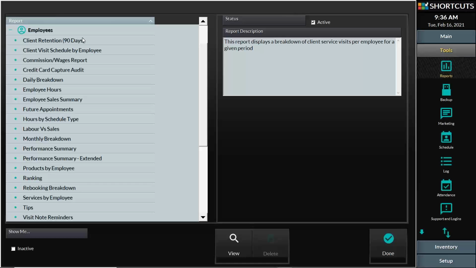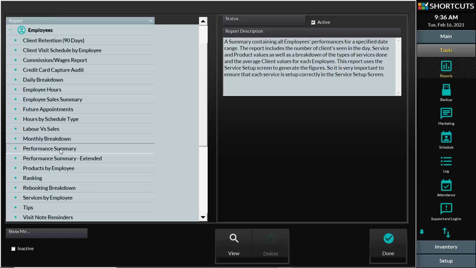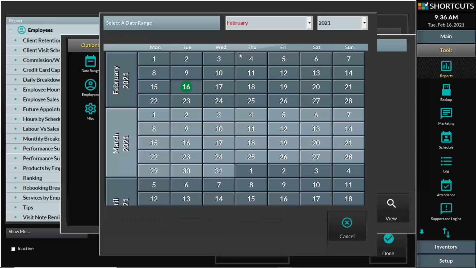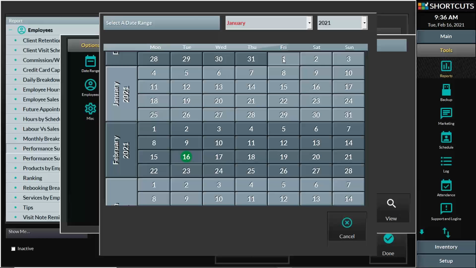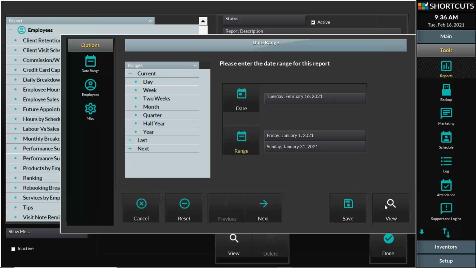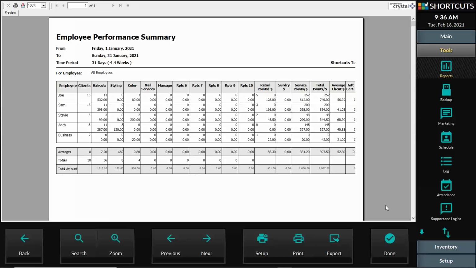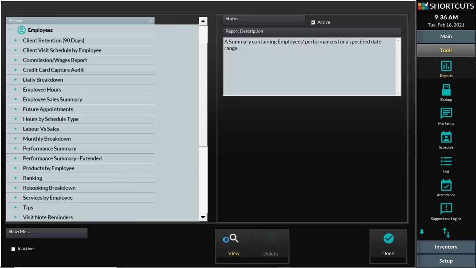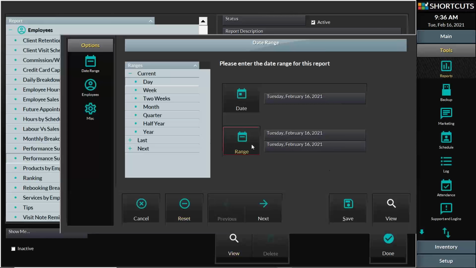Under the employee category, again, I have a performance summary, and I'll show you the difference between the two screens. The standard performance summary, I'll run it for the past month. So Shortcuts will give me a simple one-page breakdown. These were my staff members, these were their total services, these were their total dollars, and their averages. Okay, but I need more insight. So I will go to the Performance Summary Extended report. I'll run it for the same date range,